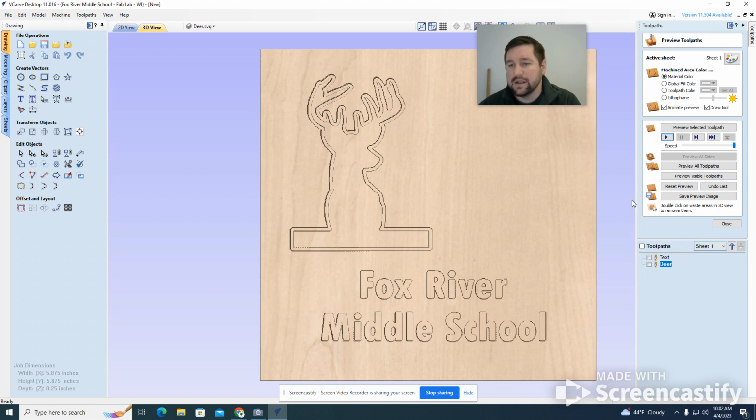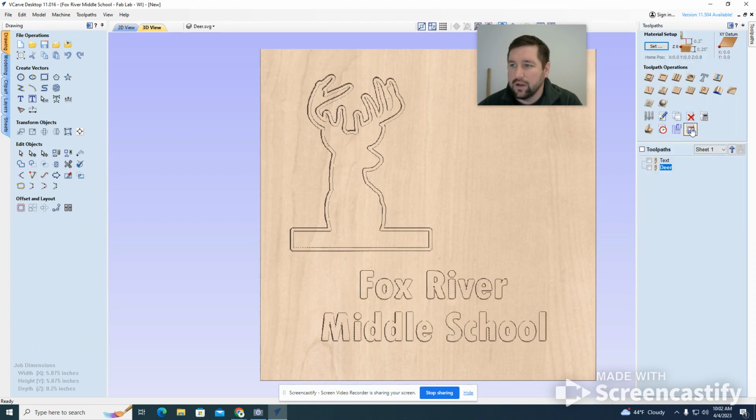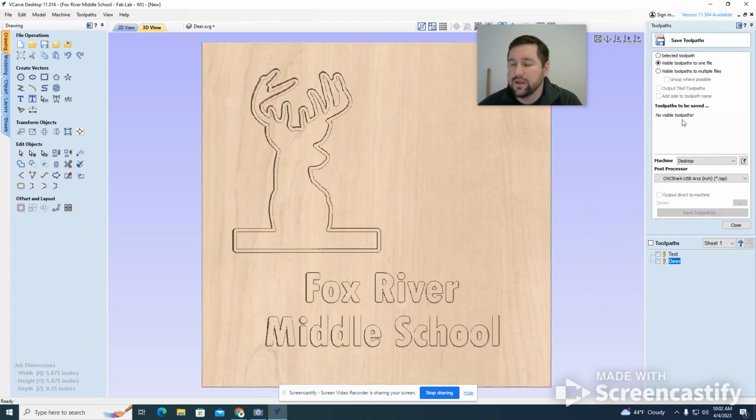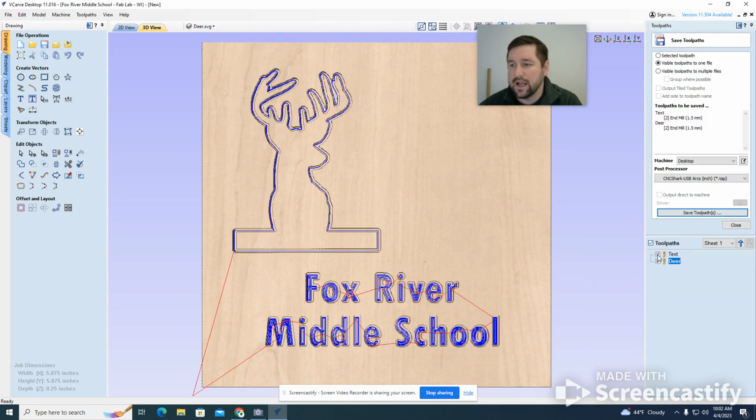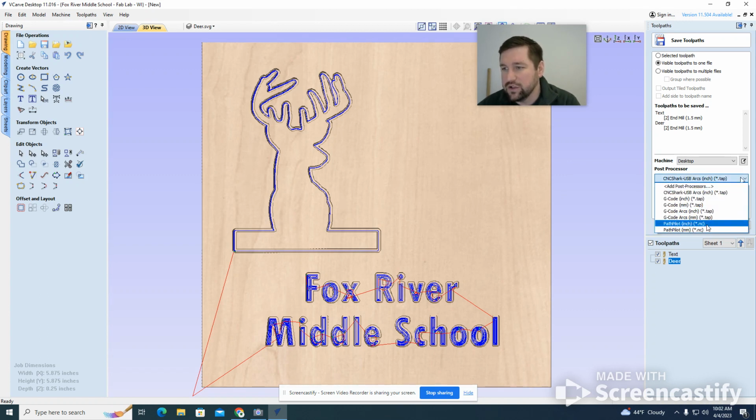Okay. The next thing, once you have all of your pictures in here and all the things that you need in here, you're going to want to click on close, and we're going to click on the save toolpath. This is the important part. You want to make sure it says visible toolpaths to one file and then select them right here. So it's going to do all of those. Then what we need to do is change this to Path Pilot inch. Again, Path Pilot inch is the